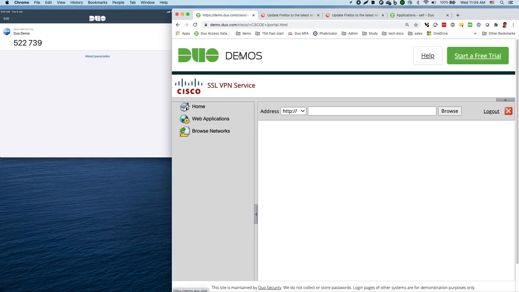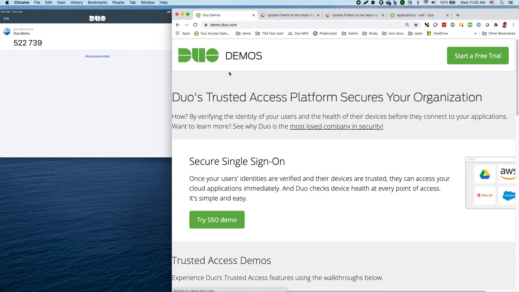So that is how we actually do self-service enrollment and how we can protect external VPN connections, because a lot of times VPNs are the gateway to important data, services, and applications within our data centers. And as you know, compromised credentials is a big concern, especially for VPNs. So this is definitely one of the best ways to protect